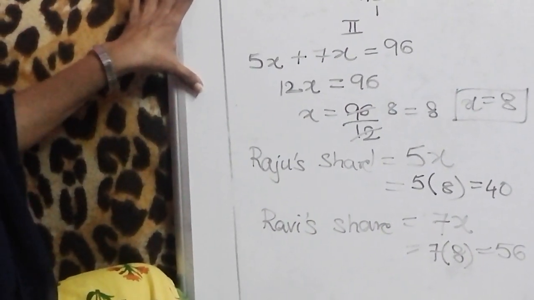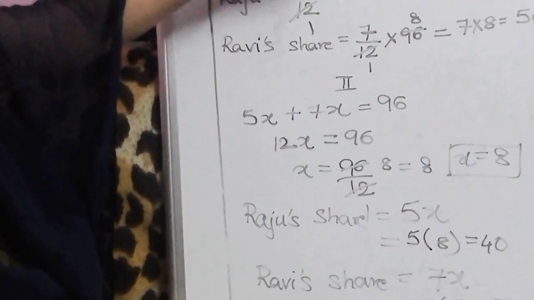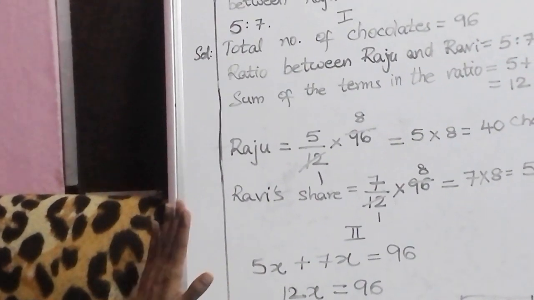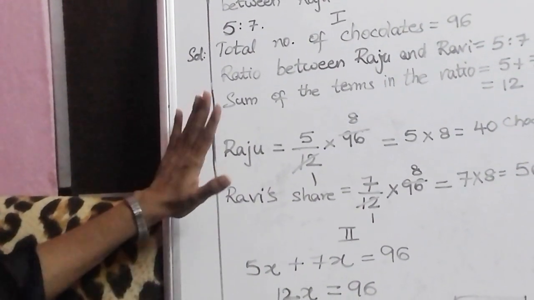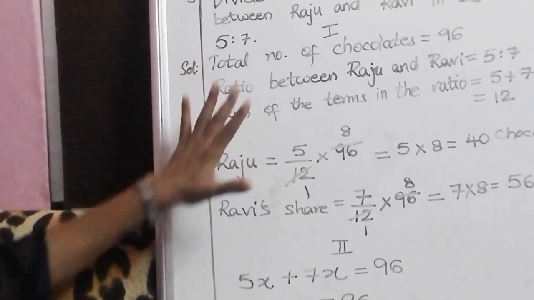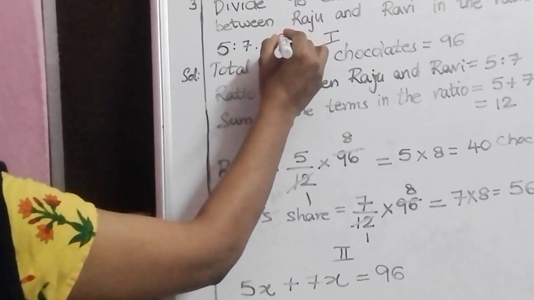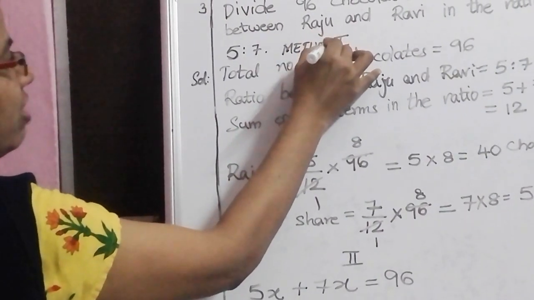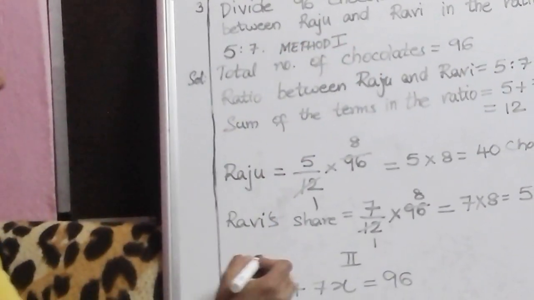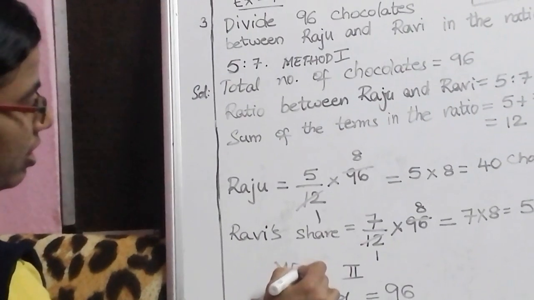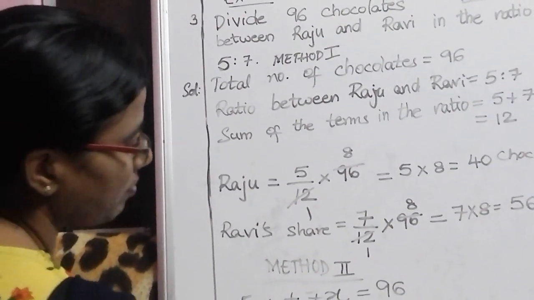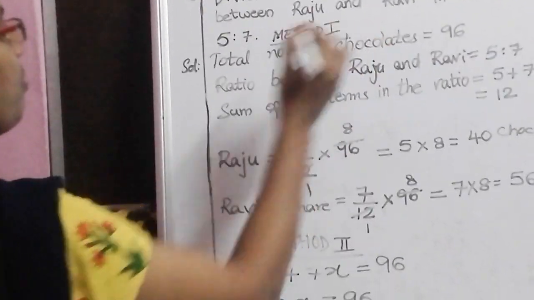Whichever method is easy for you, you can use that method to solve. Okay. This is method 1, this is method 2. Because this is the first problem in this exercise of this model, you write the two methods. Method 1 and method 2, both you write. But in future, in further problems, we are going to use any one method. But if you like the other method, you can use that method. Any method is correct, because the answer you got is the same. Answers are same. So any method you can use.